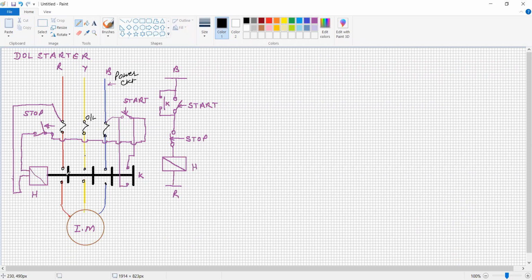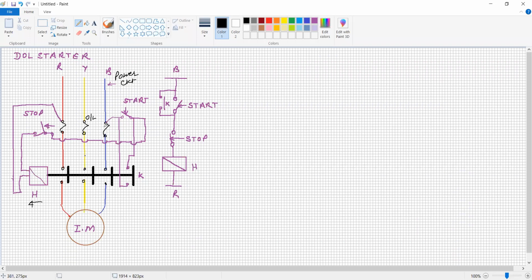This is the main contactor. Power contactors are there, so for phases R, Y, B, three contactors are there. And this is the auxiliary contactor, meaning an extra contactor. As soon as this holding coil is energized from the 400 volt, it will attract the holder in this direction, and this contactor will close the contacts of R, Y, B and the motor gets the supply. So this is the power line.